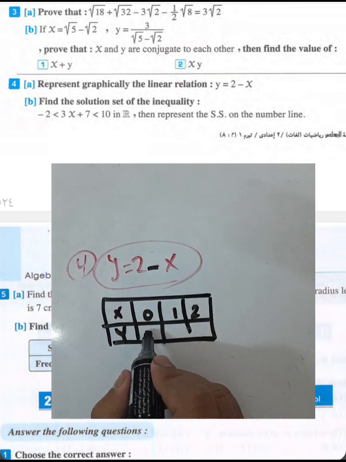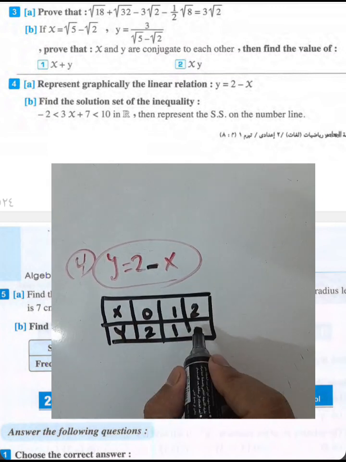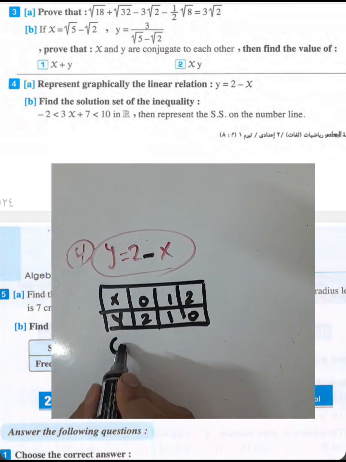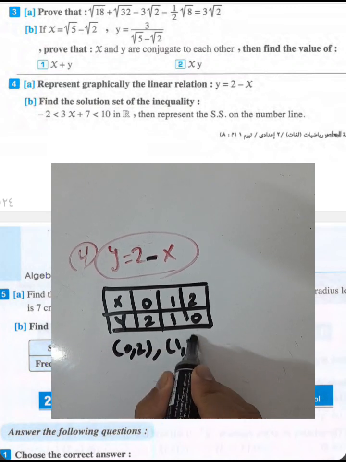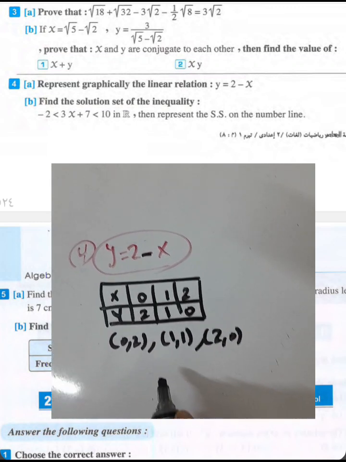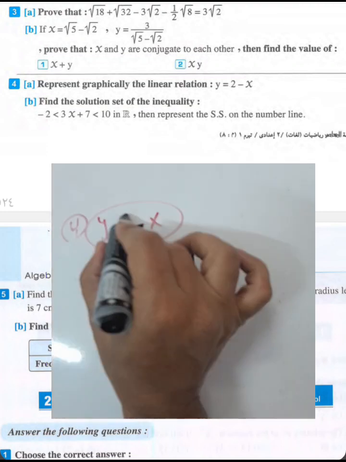2 minus 0 will be 2. 2 minus 1 will be 1. 2 minus 2 will be 0. Then the ordered pairs are 0 and 2, 1 and 1, 2 and 0, and then